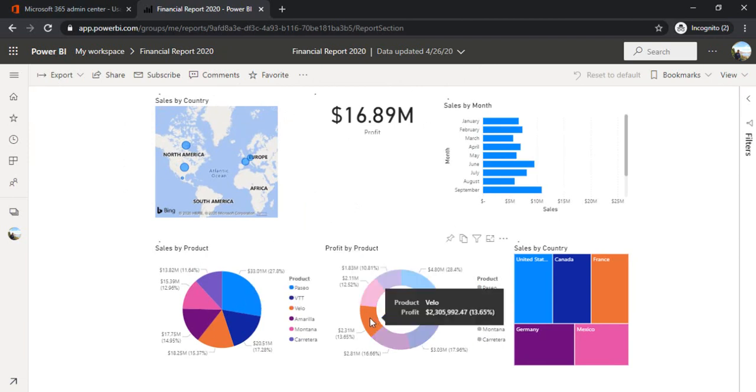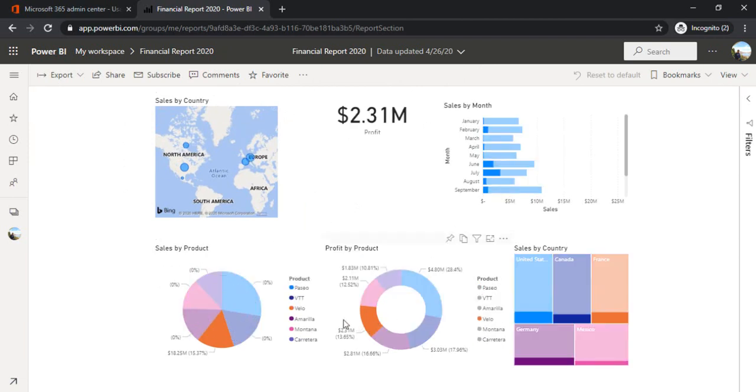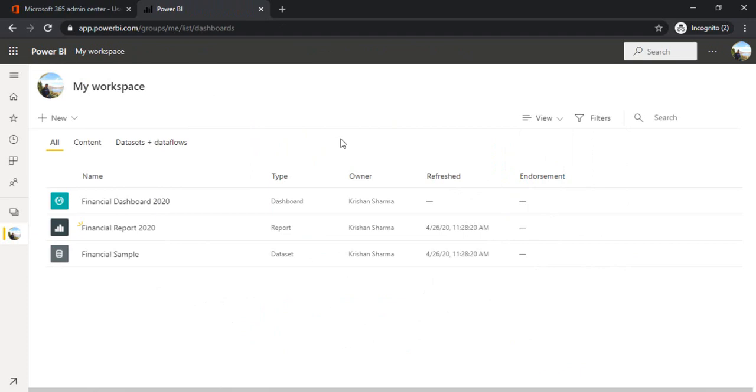That is good. So you can drill down based on the selections, and everything would be interrelated and would be selected according to whatever you are selecting. That's pretty good. So in 5 or 10 minutes of time, we have created this visually very beautiful report. I hope this is helpful for you while creating dashboards for your organization.